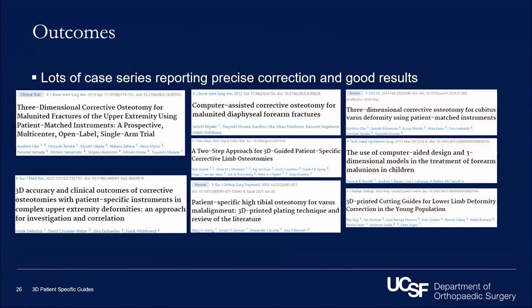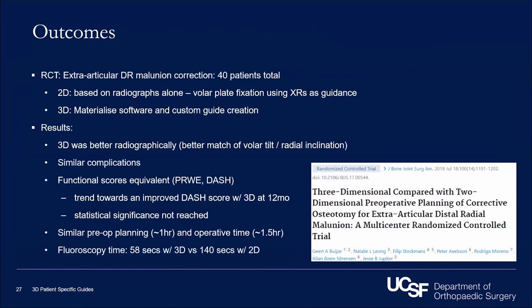So there are a lot of case series on this technique, reporting good outcomes and precise correction. I only found one randomized trial comparing the techniques. This is a trial that randomized patients with distal radius malunions. These are simple malunions, extra-articular corrections, so fairly straightforward to do with or without this technique. They saw a slight improvement trend in the 3D planning group, but it wasn't anything that reached statistical significance. The operative time and pre-op planning time, interestingly, were very similar, which I found surprising personally, but that's the data. But they did have significantly reduced fluoroscopy time in the 3D guided osteotomy group, which makes sense because